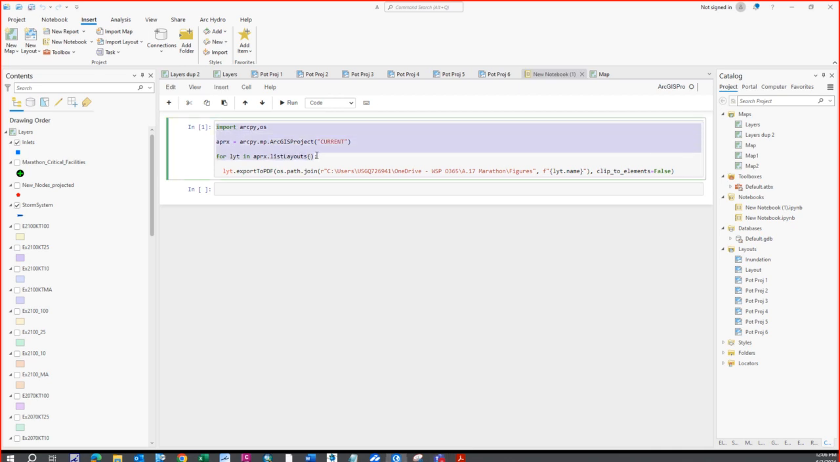put in this code. I copied and pasted it off of, I think, that normal website that everyone goes to for coding help. It's like The Code Academy, something like that. They posted this code, and you put in your current project, and then a location where you want all your layout files to go, and it takes all the layouts in this particular ArcGIS Pro document and exports all of them into one PDF